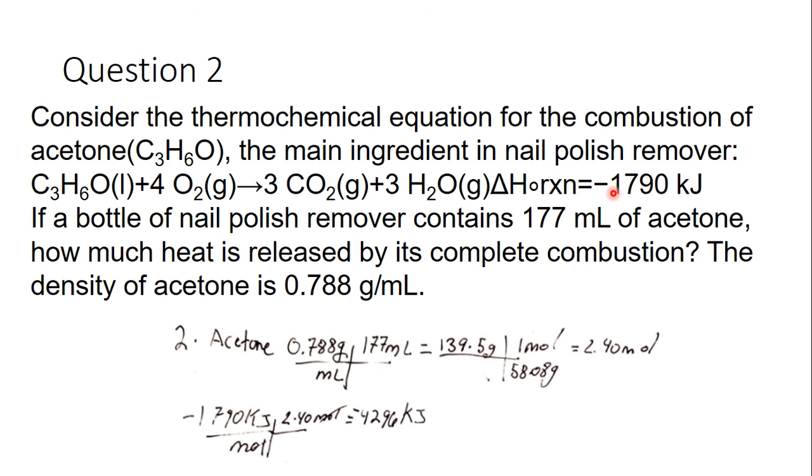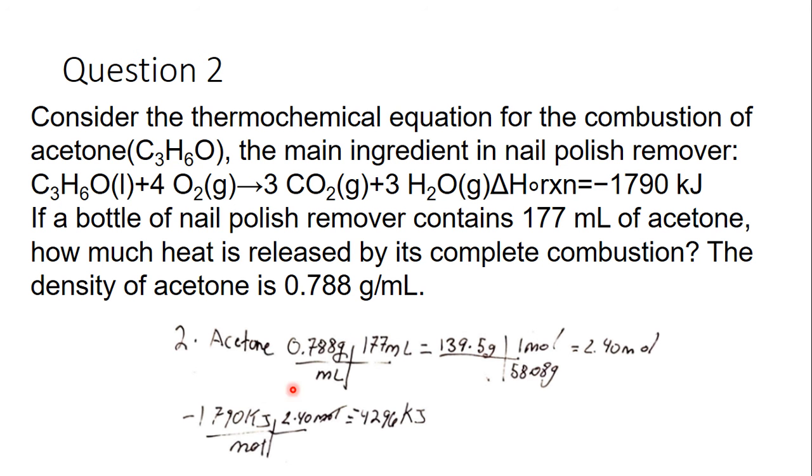So that is negative 1790 kilojoules. That's how much energy is released for 1 mole of acetone. All right, so let's say we have a bottle that contains 177 milliliters of acetone. If we blow that up, how much heat is released? Well, the density of acetone is 0.788 grams per milliliter. So what we need to figure out is how many grams of acetone are in 177 milliliters. And then we need to convert that to moles, because we can see here that 1 mole releases that much